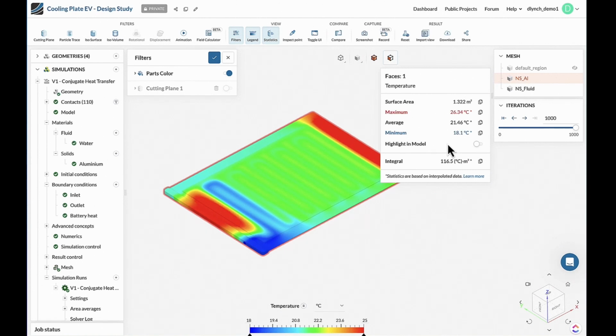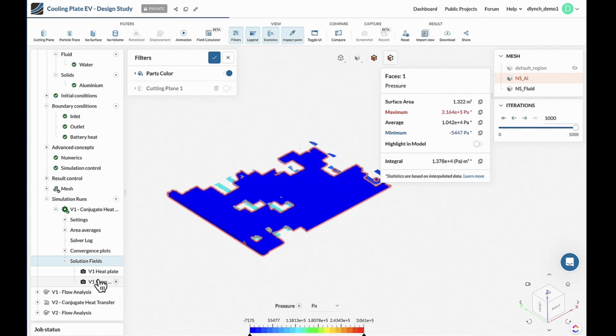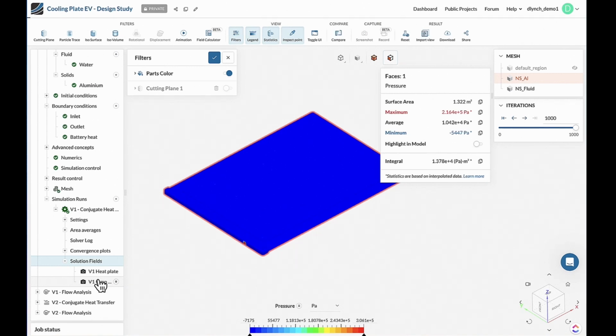Also, we can get pressure drops from these result controls. We can use inspection points. We can use different fields to actually understand what those pressures are going to be. We can also do this as an output as a CSV file as well. And that will be our third and final goal. How fluid dynamically efficient is this system?